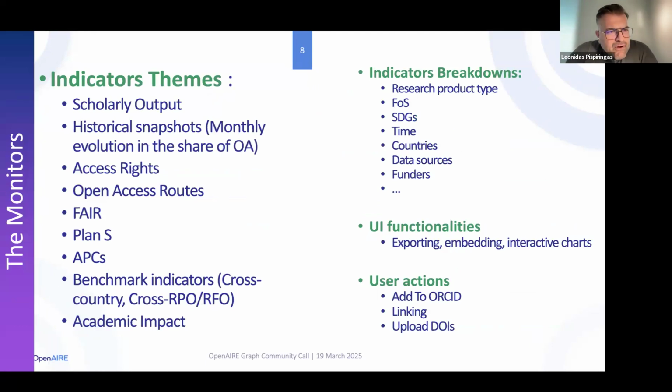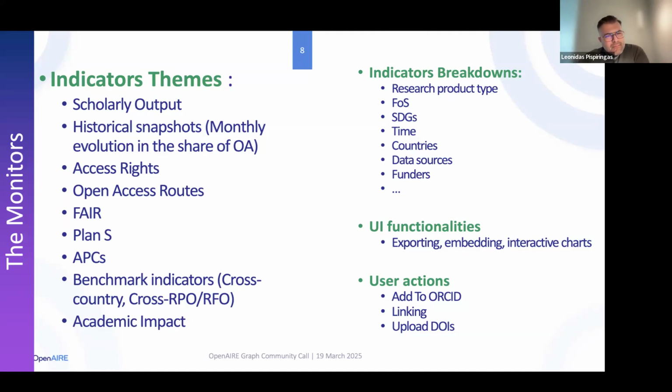So all the five monitors follow a specific section regarding the indicator themes. We have the section of the scholarly output. We will also go through all these sections for the indicator themes in the walkthrough after the presentations. We have for the national monitor the historical snapshots section, where we represent the monthly evolution in the share of open access, where we will see specific indicators with the open access status at the specific month by using the data from the specific version of the